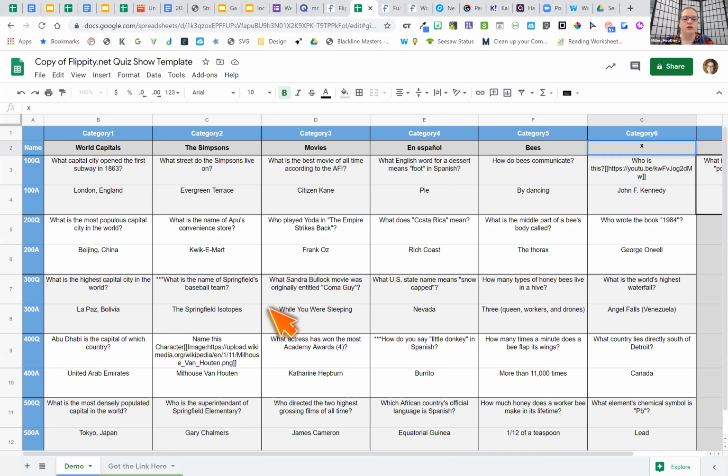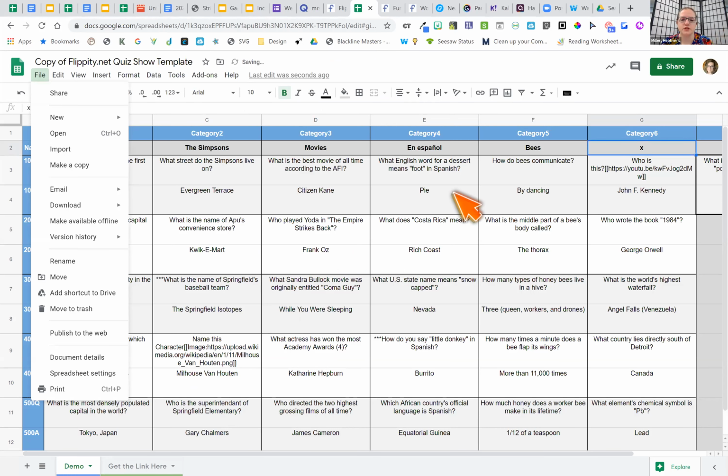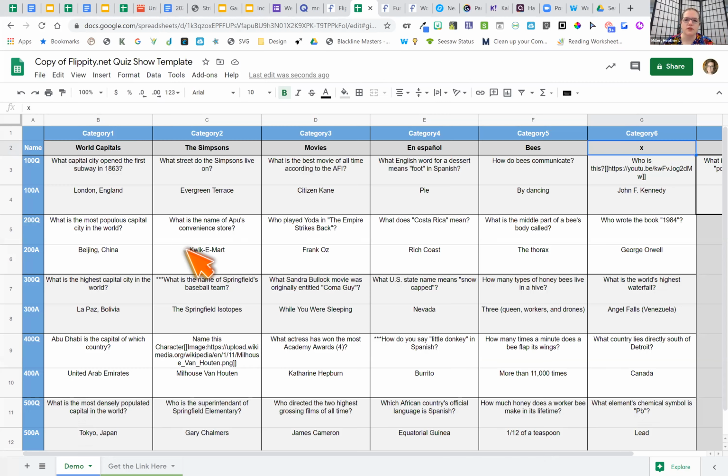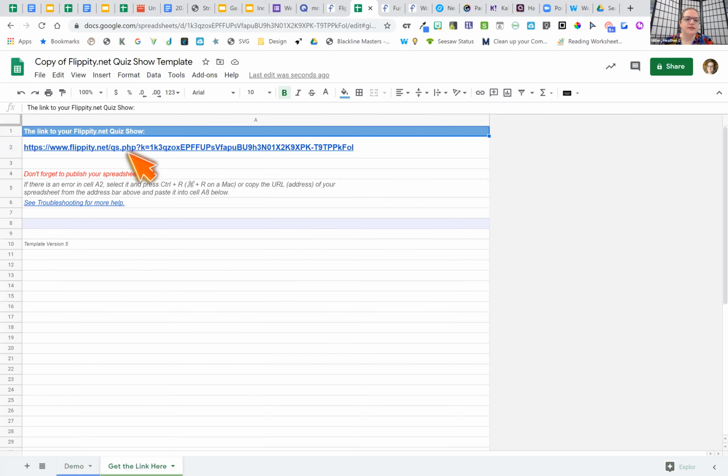Now, when you click Publish, it gives you this link here. That's like the Google link that's publishing to the web. But you actually don't need that. You just publish it to the web, and you can do that right away so you don't forget, because you haven't shared the link with anyone. And then down here is the second tab that says Get Link Here, very straightforward. And there is the Flippity link. So I can click on this link,